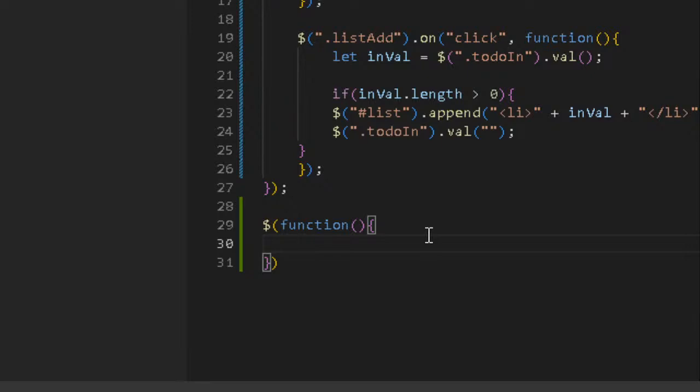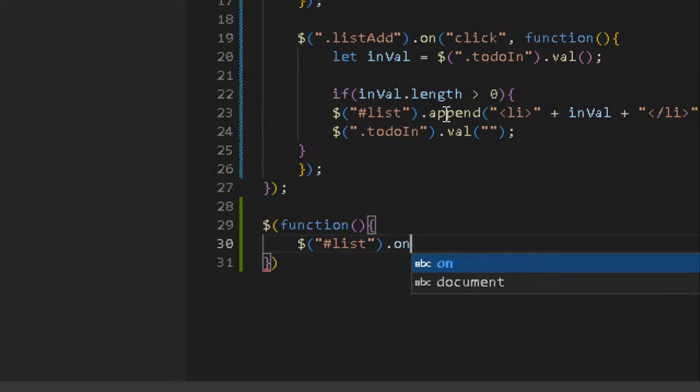Right? So this is just some other function that we're going to do in the course of our website here. We're going to take our, and we're going to focus our list selector. So that's $list. And then dot on